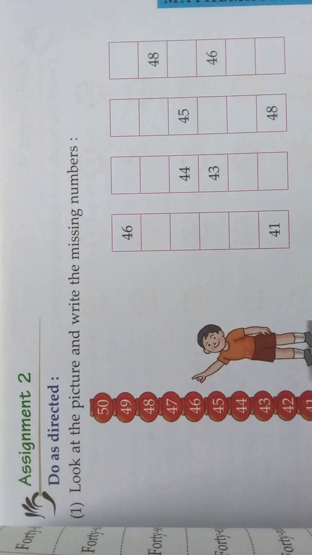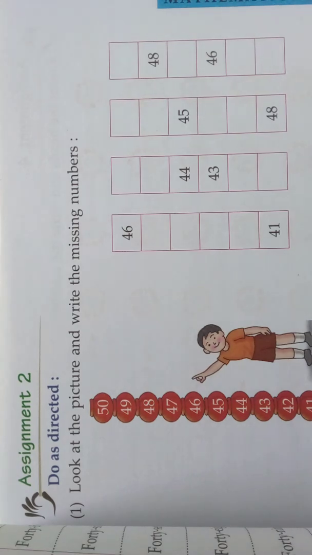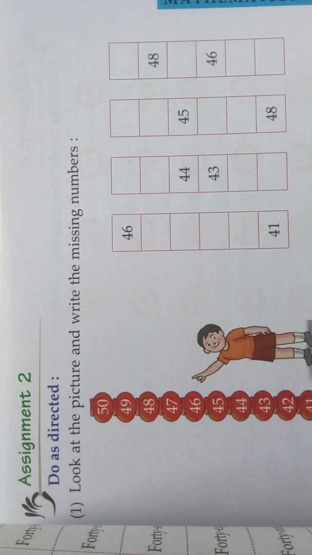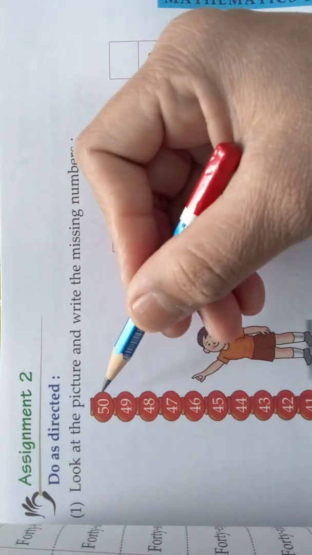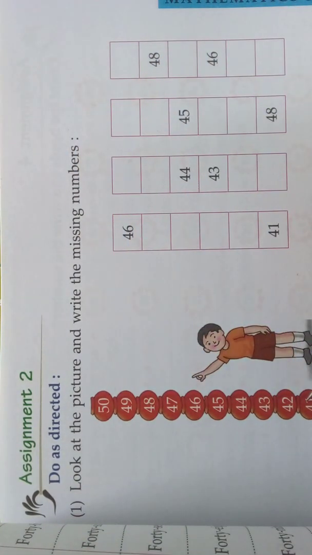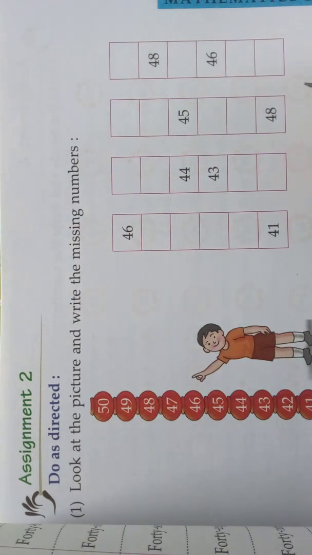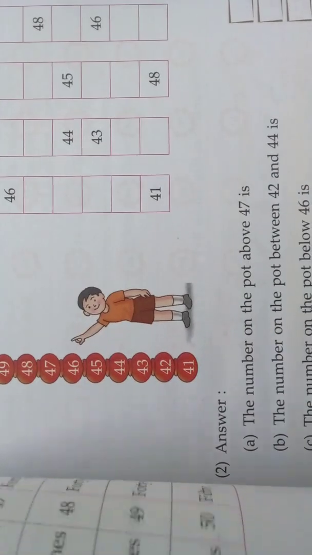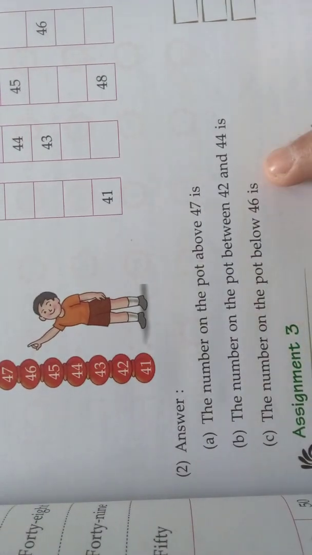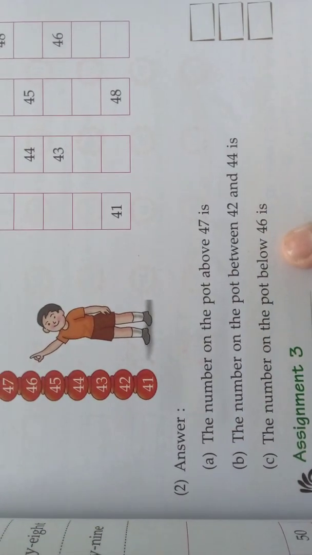Come, we will see assignment 2, okay. Assignment 2, see, this type we did before in chapter 3, where you should write the numbers in descending order. See here, the numbers are in descending order, so you should write, okay. This one I taught you in the last chapter, chapter 3, numbers 31 to 40. You do that, okay. And you answer the questions given here on your own, okay. Look here children, the questions are like this, you should answer it, okay.